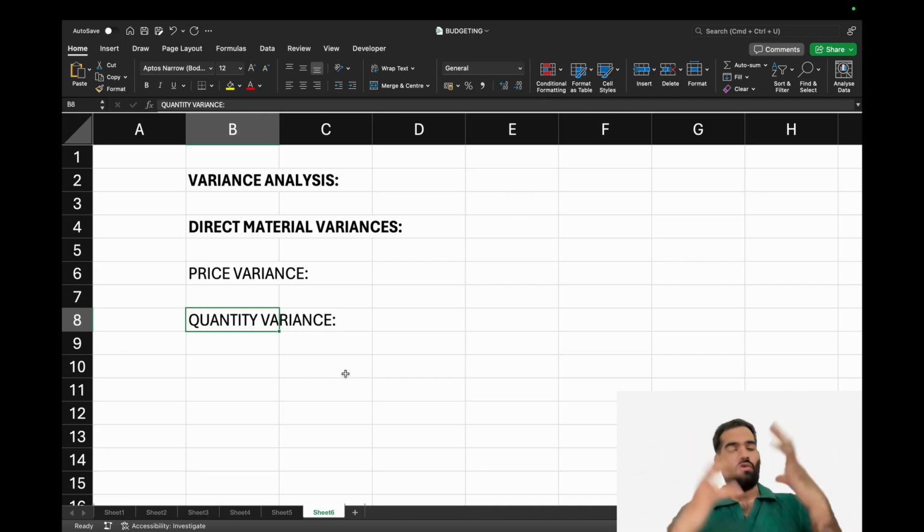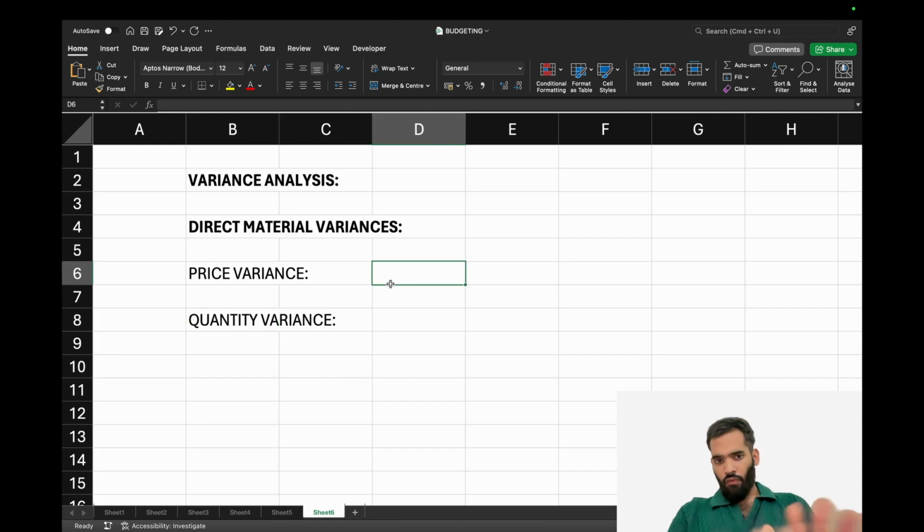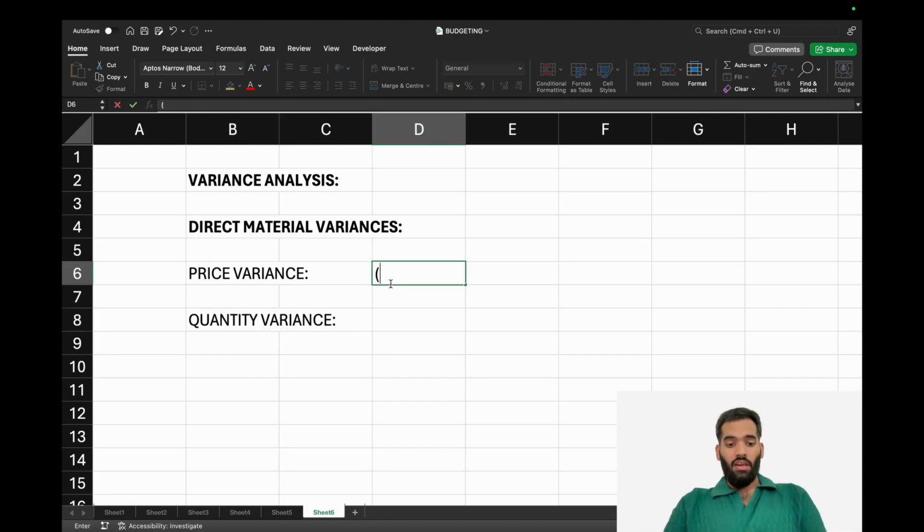So this is how this works. It's very helpful to do variance analysis to figure out what mistakes we are making and what good things we are doing. So in this case, I just wanted to give you a formula of how to find the price variance. The price variance formula is standard rate. Let me put it in different ways just to make it easier for you. Let's say standard price minus actual price